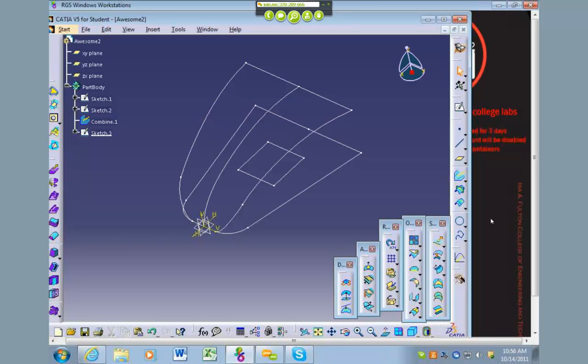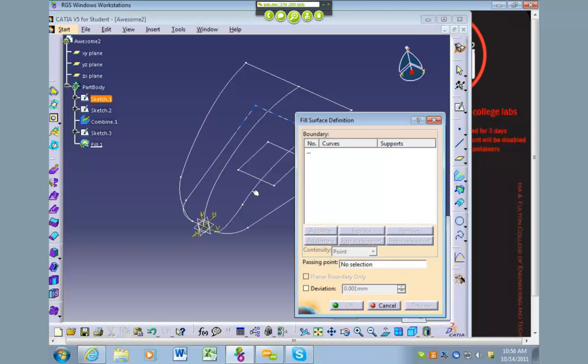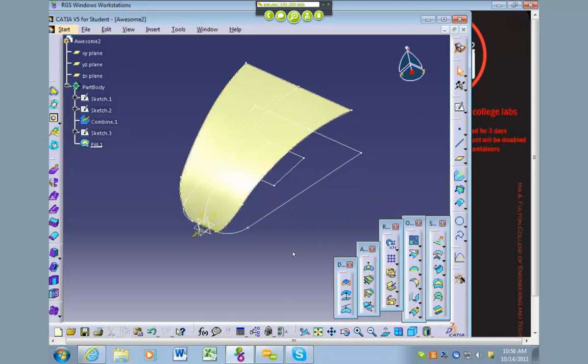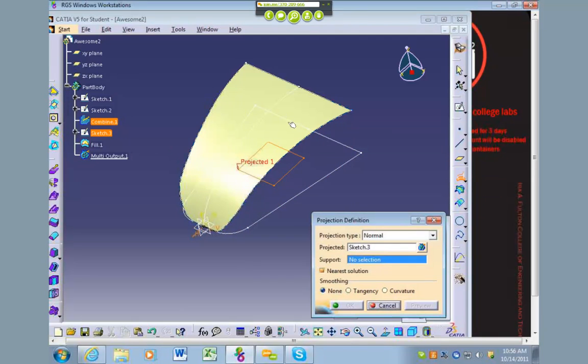So to illustrate that a little bit better, there is a tool here called Fill. And if I select that, I can grab this projected curve and press OK. And it will create a surface for me. It's right here. It's called Fill. So for a fill tool, you just need to have an enclosed geometry of some sort, and it will create a surface for you. And then if I do just a regular projection of this object onto this plane,